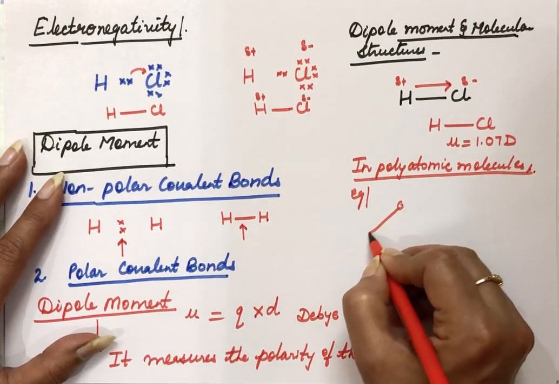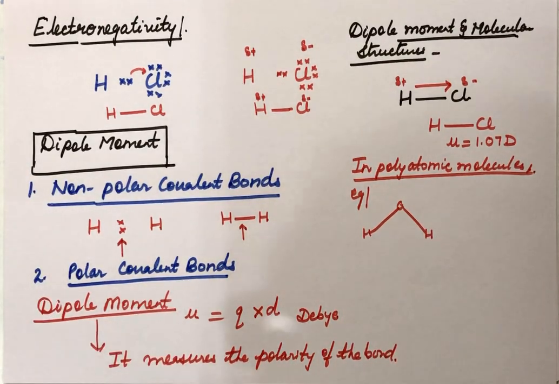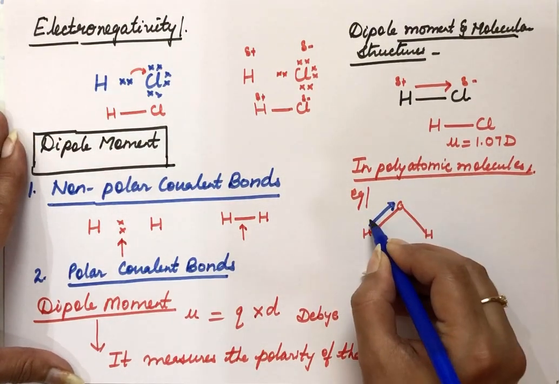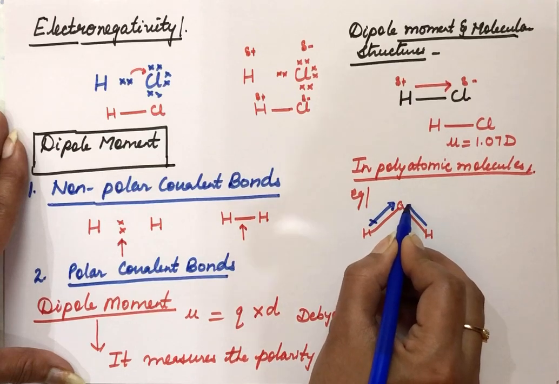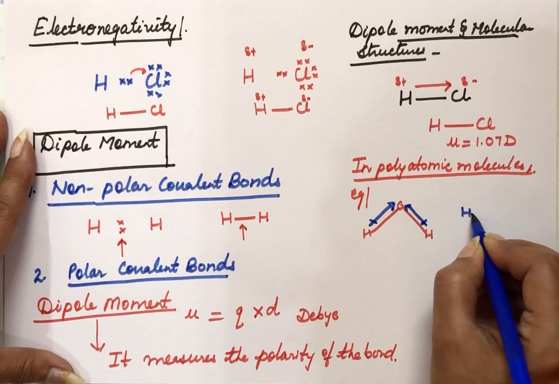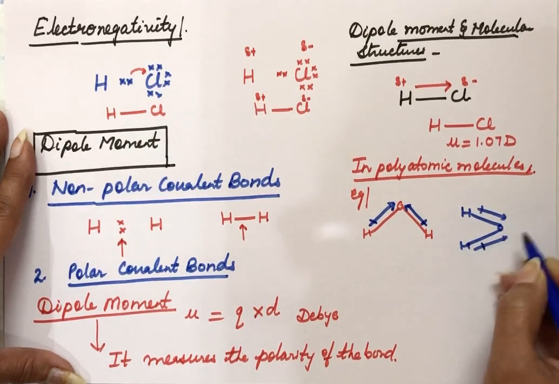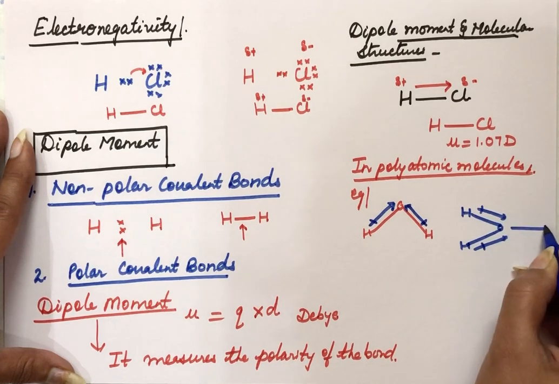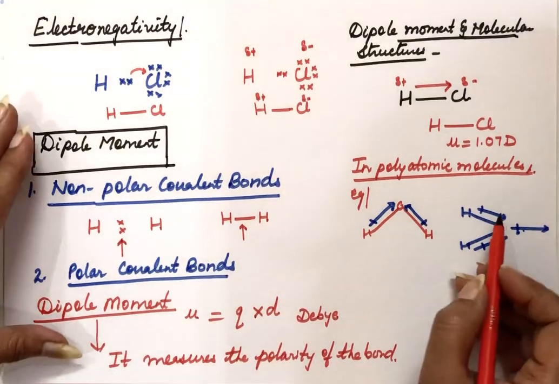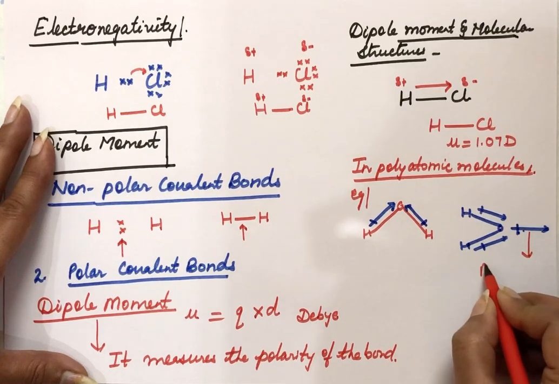water we are taking. In case of water, there are 2 OH bonds, and both these bonds are polar, and the direction of this is towards the oxygen because oxygen is more electronegative. Both the bonds are polar, so the resultant of both the bonds, O and H, is this side I am drawing. This is the resultant dipole moment because both the dipole moments are towards this side, so the resultant dipole moment also is towards this side.